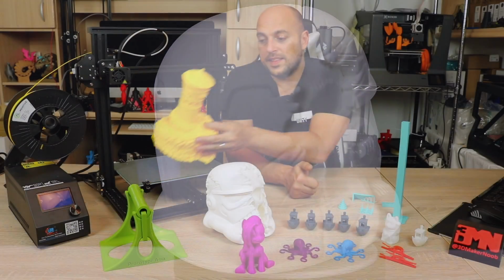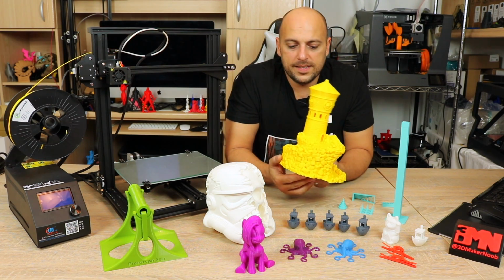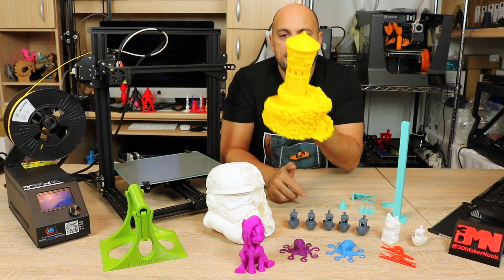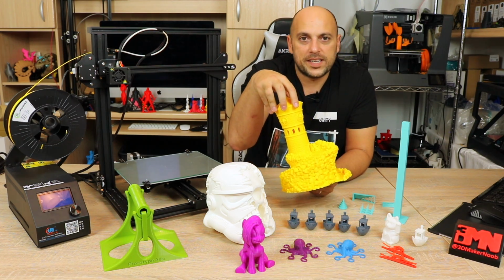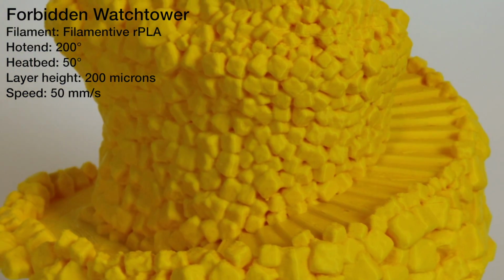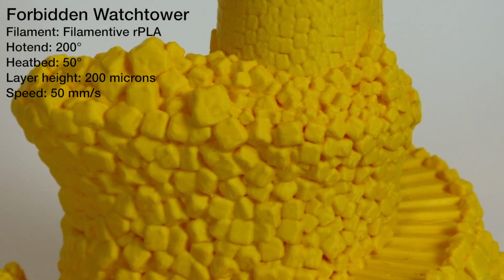Next up was this yellow tower here. I received some more Filamentive RPLA. They have some new colors out, and this is their yellow, which looks absolutely incredible. And I decided to print this lantern. Now, this is the whole model. There is another model where you can take the top off and put a light inside, so you have a kind of night light. It looks absolutely amazing. This took about 35 hours of printing, and I have to say that once again, it